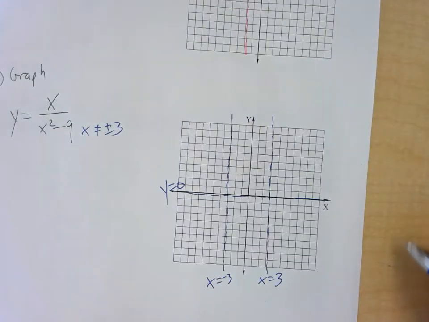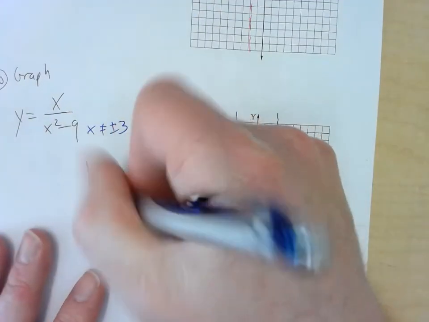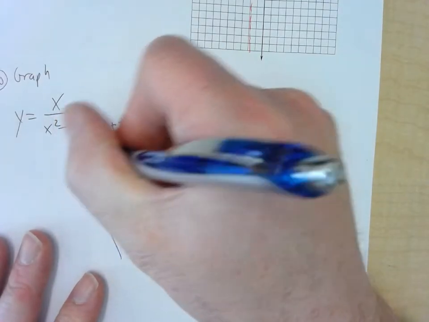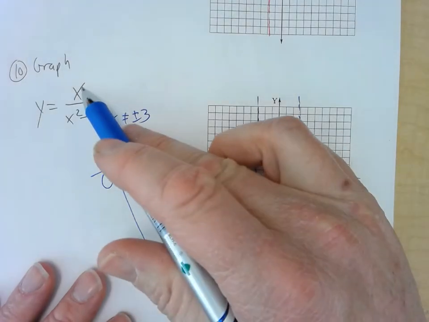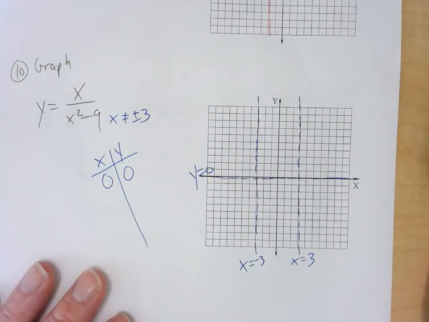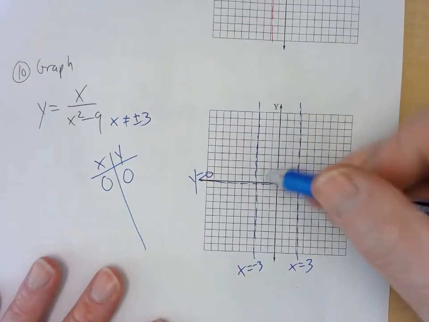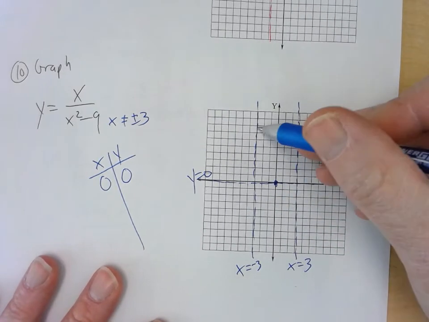Now I put points in. 0 works as an awesome point to put in, because that would be the x and y intercept, because 0 goes in and 0 comes back. Because you put 0 there, it would be 0 over -9, which is 0. So there's 0, 0. Now typically these make a U shape or kind of an S shape, so we're going